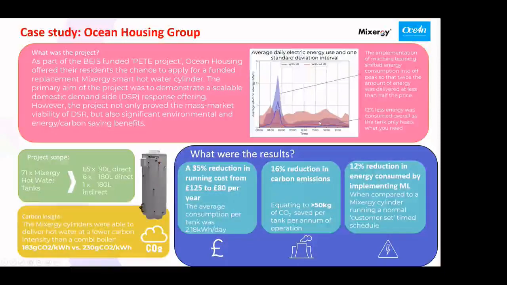Some of the benefits were, compared to a normal direct electric tank, we were able to reduce our energy costs by 35%, so between £125 and £80 a year, which is a large amount if you're in fuel poverty. By creating the hot water in the morning between 3 AM and 6 AM, we were able to utilise more wind and nuclear power, so we reduced our carbon emissions by 16%. And by moving from the customer's tariff schedule based on the app to machine learning, the machine learning was able to actually save them a further